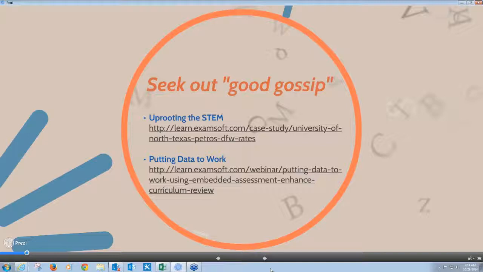So until you have your enthusiastic group together that's willing to collaborate, let this be your group. You already have power users pushing the limits in ExamSoft, and they're really eager to share their knowledge. You don't have to reinvent the wheel here. Use their experience and hack their process so that it fits your needs and encourage change in your realm of influence. And when you find something that really works for you, please don't hesitate to share it with your peers